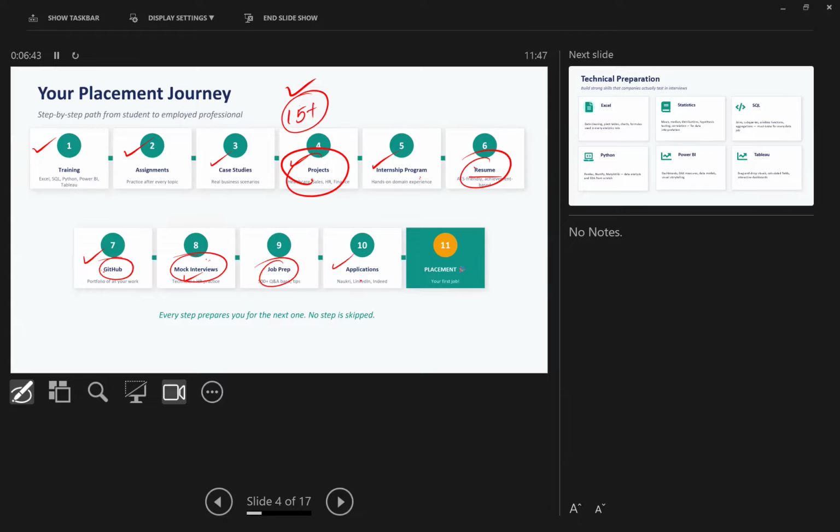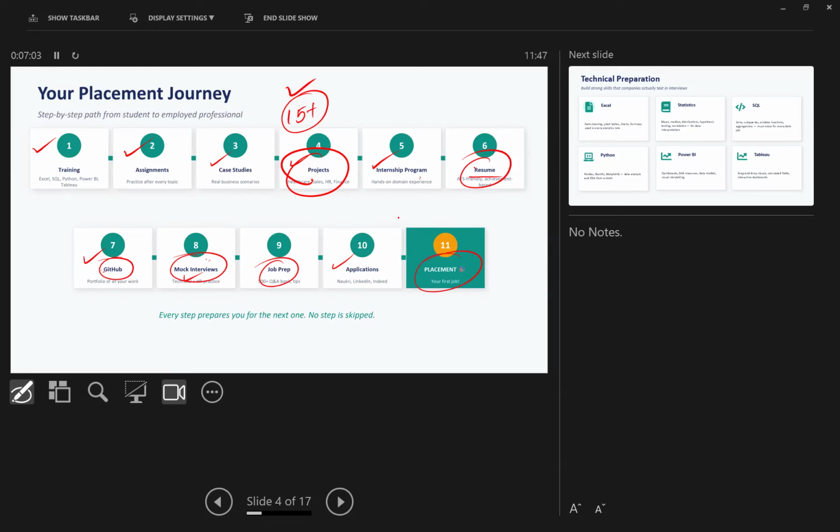And for the job applications, LinkedIn profile, Naukri profile, how to find the jobs, how to apply for them, all these things will also be provided to you. And you don't just need to apply; we are also going to provide referrals. We will also share the opportunities with you. You can apply, and that is how you can land in a place.